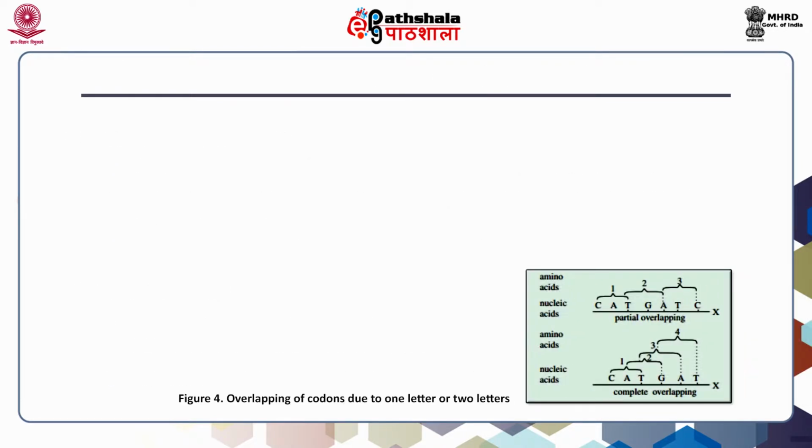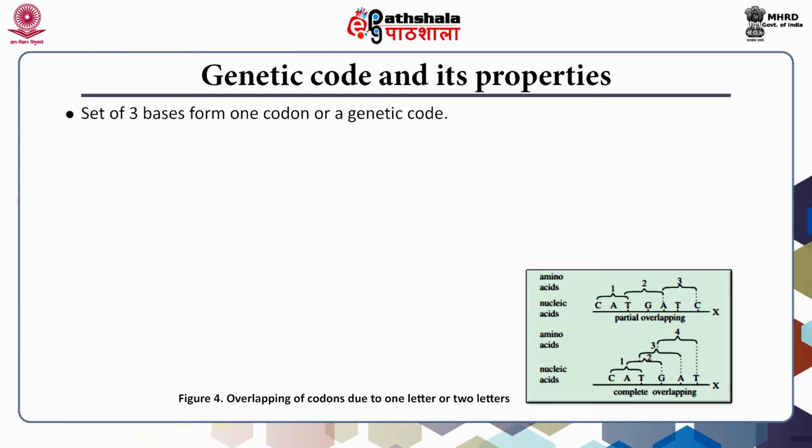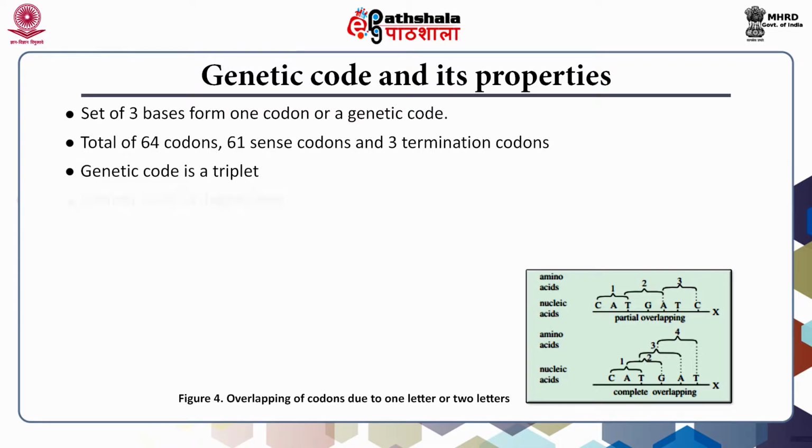Figure number 4. Now we will discuss the genetic code and its properties. A set of 3 bases forms one codon or a genetic code. A total number of 64 codons, 61 sense codons and 3 termination codons, are present. Genetic code is a triplet. Genetic code is